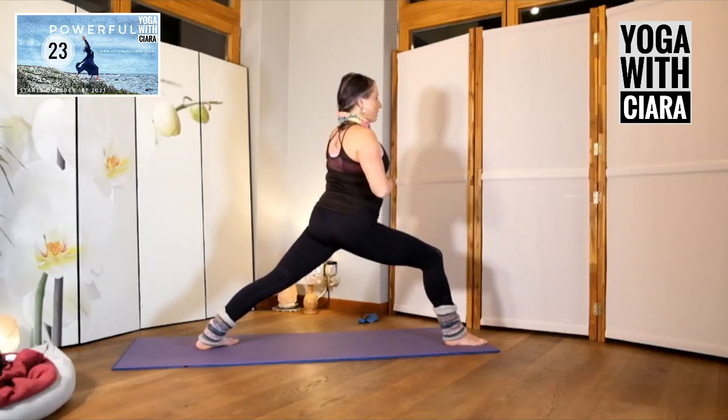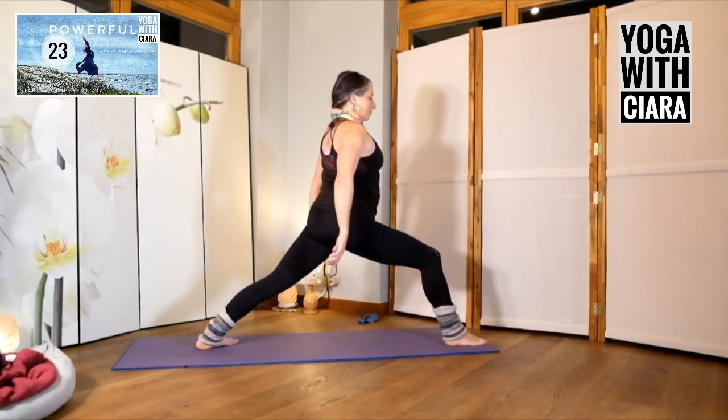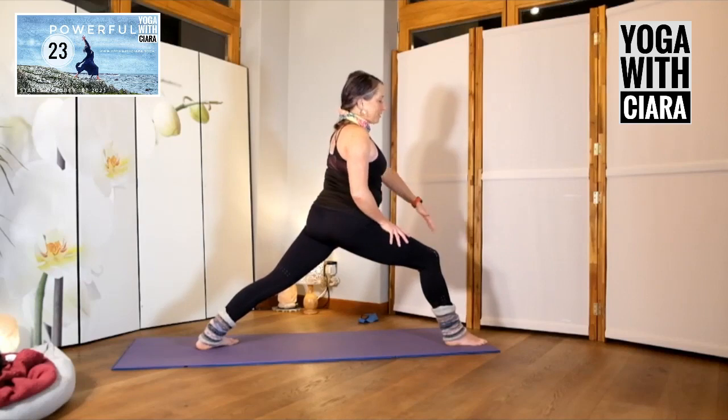So for me to get really tall, it's not just an up. It's kind of this, I draw my chest and my belly towards me and I get long through the back of my neck, the back of my body. Nice. So left arm, right hand to your right thigh, left arm travels up to elephant,